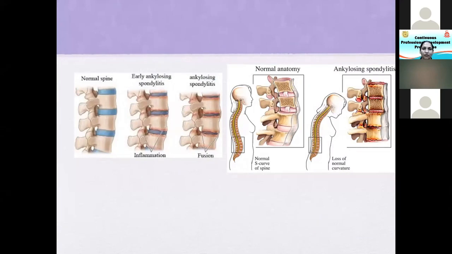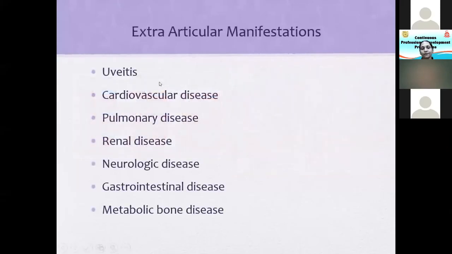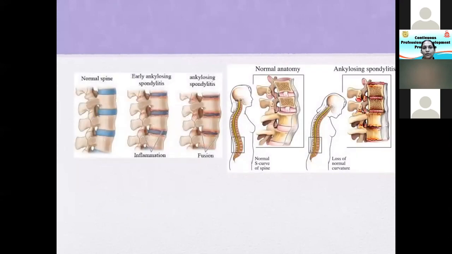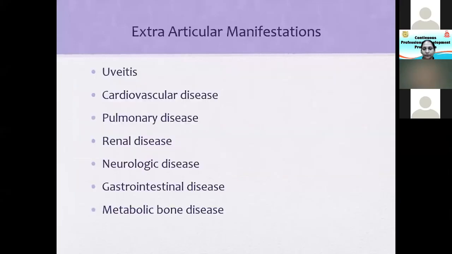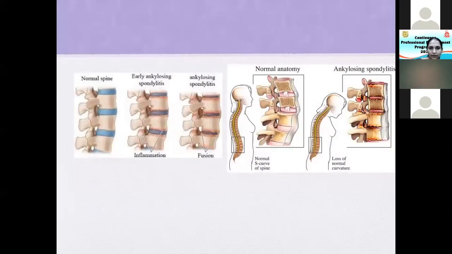Now, what are the changes that occur in spondyloarthritis? You see that in the normal spine, you have the vertebrae, the intervertebral discs. In early ankylosing spondylitis, you will see inflammation surrounding the entheses. When these edges are involved, there'll be inflammation, giving rise to squaring of the vertebrae, and on imaging, shiny corners